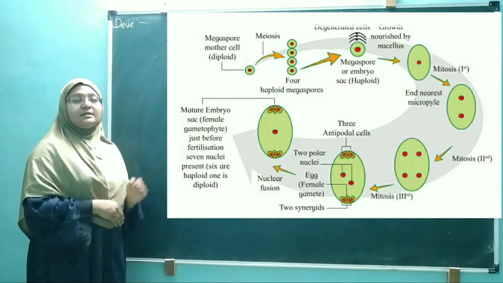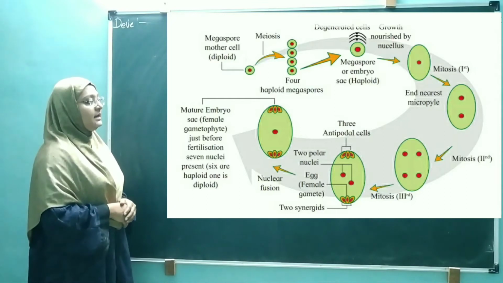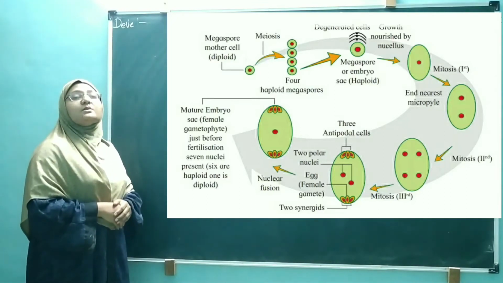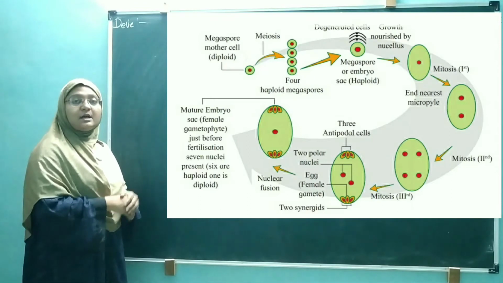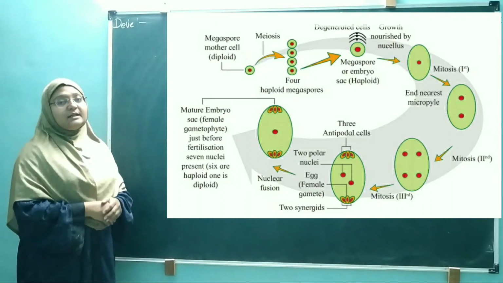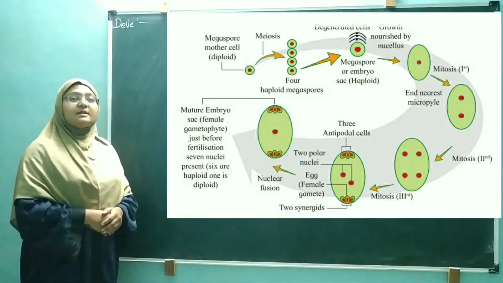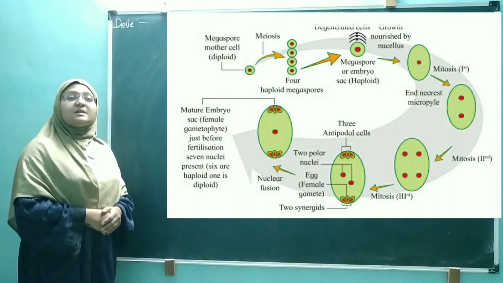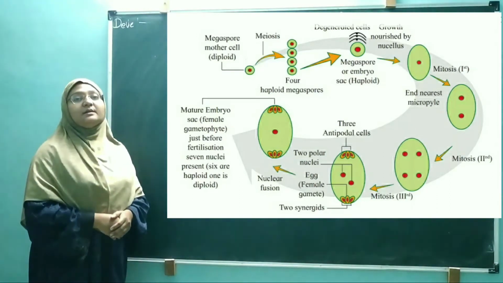As we have discussed the structure of the ovule, that is the anatropous ovule. In the anatropous ovule, we have seen the embryo sac is surrounded by some diploid cells called the nucellus. We discussed earlier about the nucellus cells. These nucellus cells contain the sporogenous cells. These sporogenous cells later develop into the mother cells.